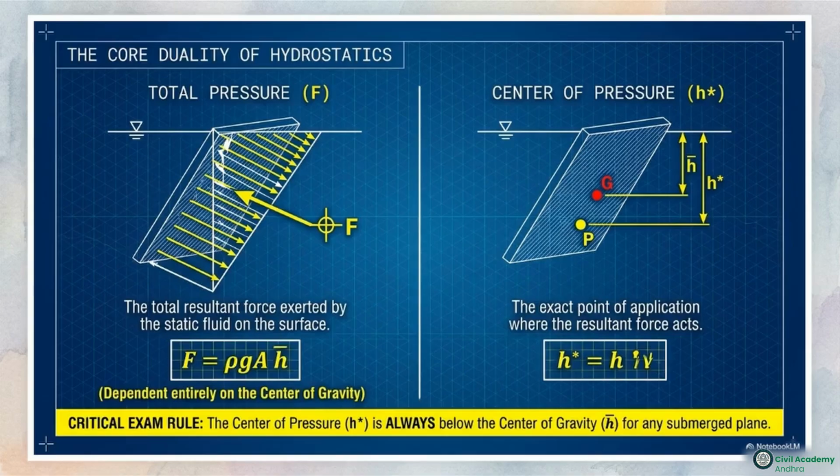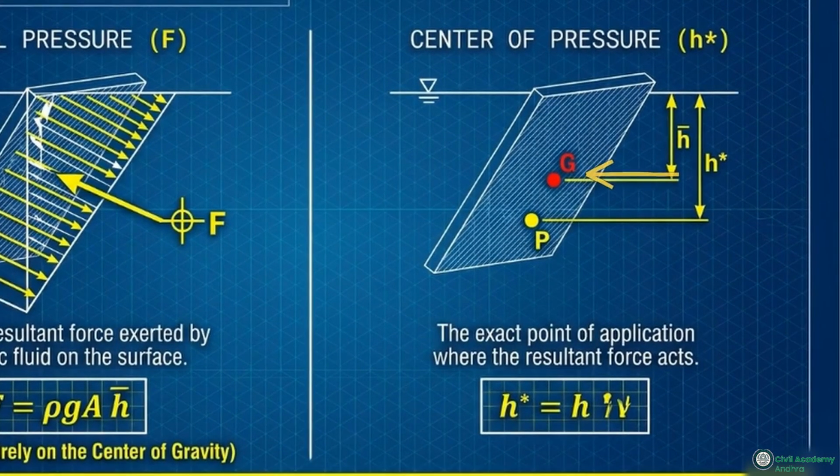This side-by-side comparison shows the relationship between total pressure, denoted as F, and the center of pressure, or H star. Total pressure tells us how hard the water pushes, while the center of pressure tells us exactly where that push hits. The magnitude of the total pressure relies purely on the geometric center of the shape, known as the center of gravity. However, because pressure is heavier at the bottom, the actual resultant force is applied much lower on the